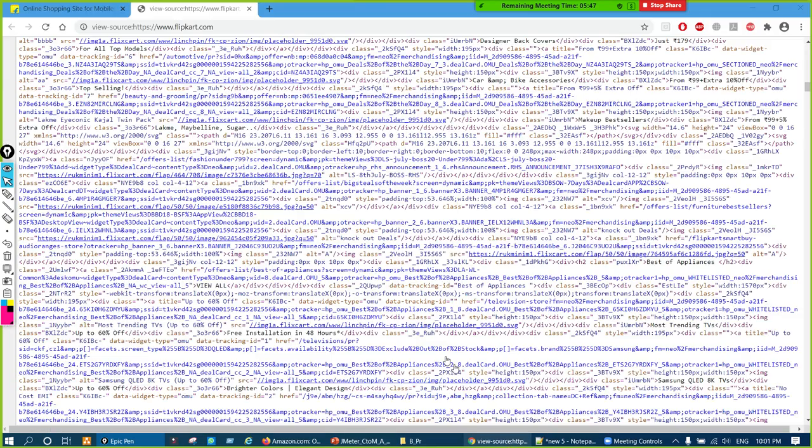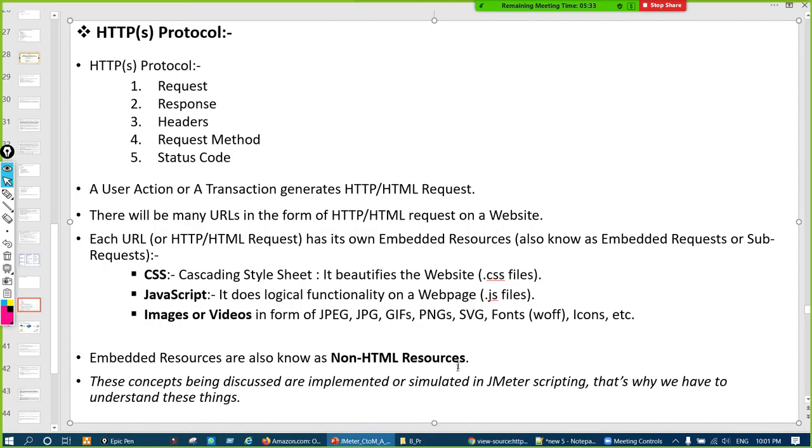Because they are embedded on that page, and when that response is retrieved, these embedded resources are also retrieved. So this is what we covered for today's session: request and response, and embedded resources.